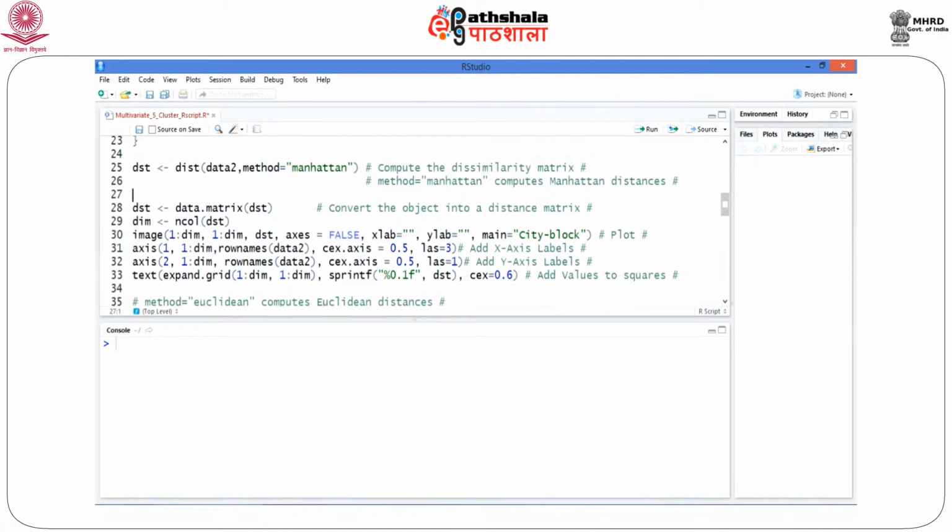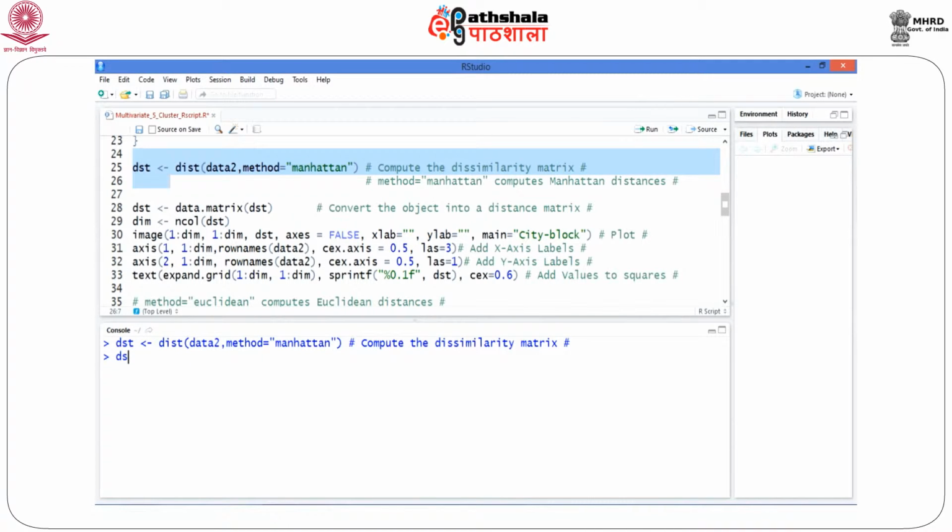It produces something called a distance or a dissimilarity matrix, which we shall also be calling a distance object. If we run this, what we are doing here is, for data 2 we are computing the distance by the Manhattan method, and we are storing it in DST. Once we run this and type in DST to see what it is, we see that